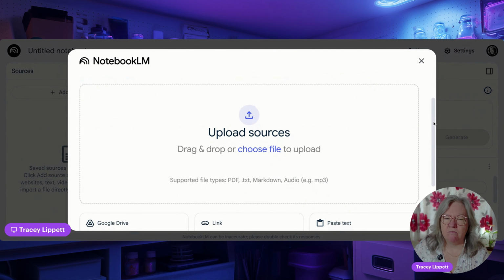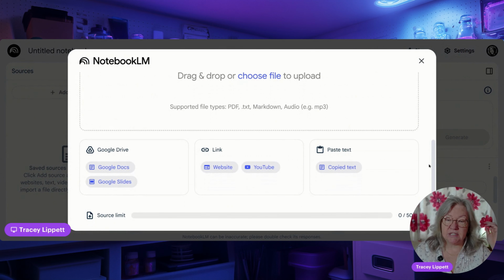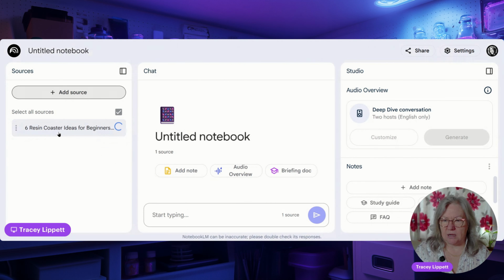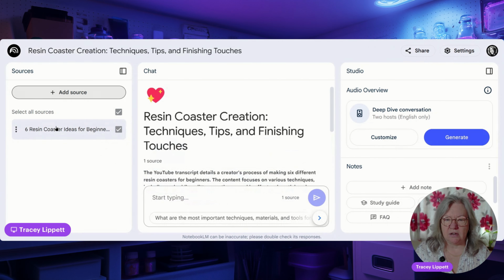But do note this, you can actually drag and drop a file in as well. So if you've got a video that you're thinking, have I got this right? I'd like to check it out before I even upload it to YouTube. You could drag and drop it in here. Isn't that good? The other things you can do is add in links. And as you can see, you can link it to the things that are in your Google Drive. You can link it to a website. You can even paste in a transcript of something if you've got a load of text you want it to look at. But what we want to do is get it to look at these YouTube videos. So we're picking YouTube, going to paste in the URL, insert. Now, there you go. That is the video. It's already got it. Look, there we are.